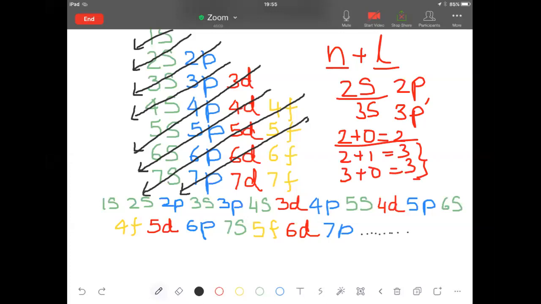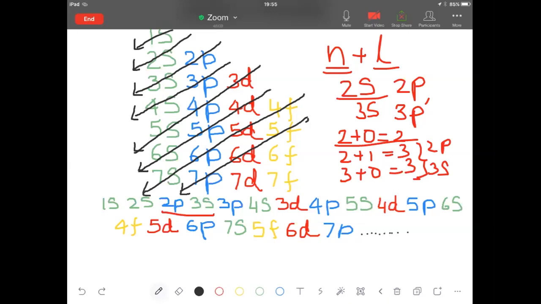No. When such a case arises, then the subshell with the lower value of n will be filled up first. So this is actually 2p and this is actually 3s, you see in this case. So it is following the same order, 2p and 3s, you can check that. Why?